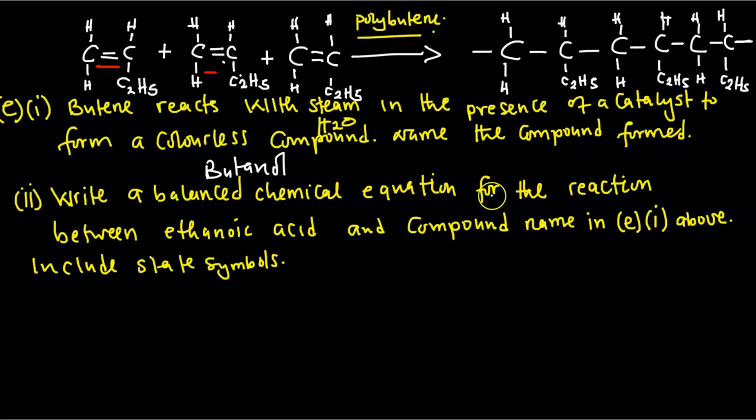Write the balanced chemical equation for a reaction between ethanoic acid and the compound named above. So now we are writing the balanced chemical equation for the reaction of ethanoic acid and the product formed, which is butanol. One thing to know is that when an acid reacts with an alcohol, it forms an ester. So let us write the balanced chemical equation. So ethanoic acid is written as, butanol is written as